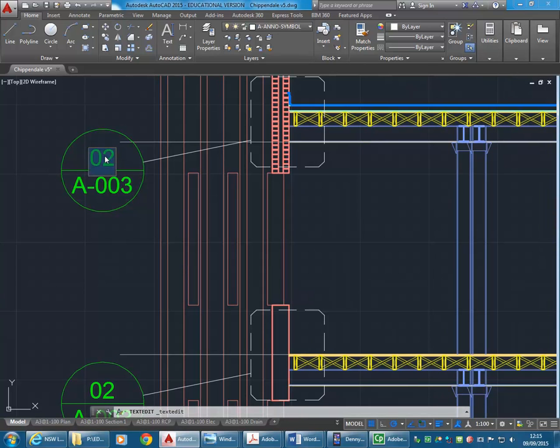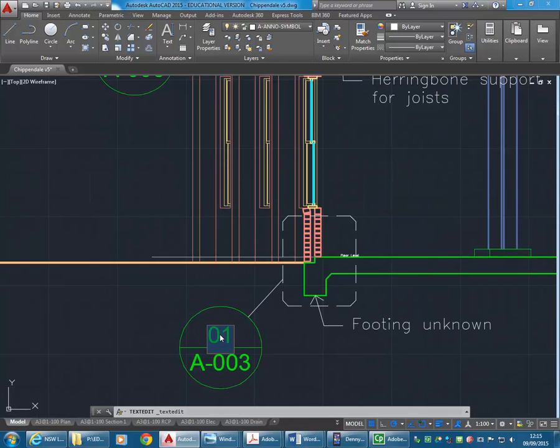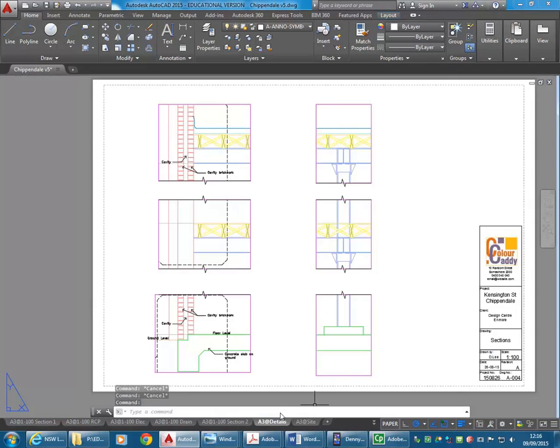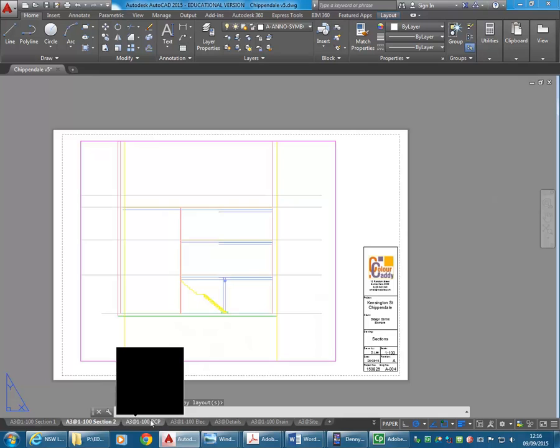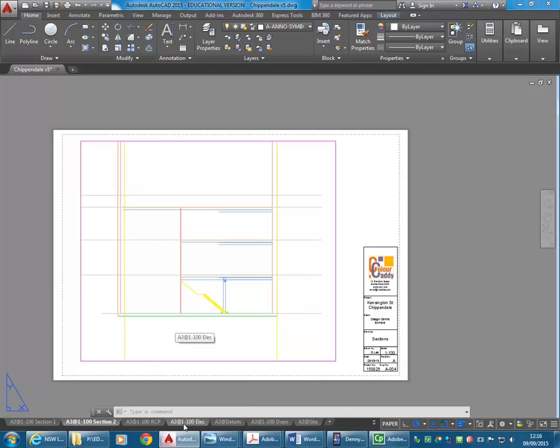So again, this will be 1, and then this would be 3. So we've got that number twice. 2 twice there is absolutely fine. That's the way it should be, except that it will be on the details sheet, which is, of course, not in the right place. You've got the elevations to worry about as well, don't forget. So you're going to have 2 sections and then 2 elevations, which I haven't put into there yet, but I'd be making the sheets